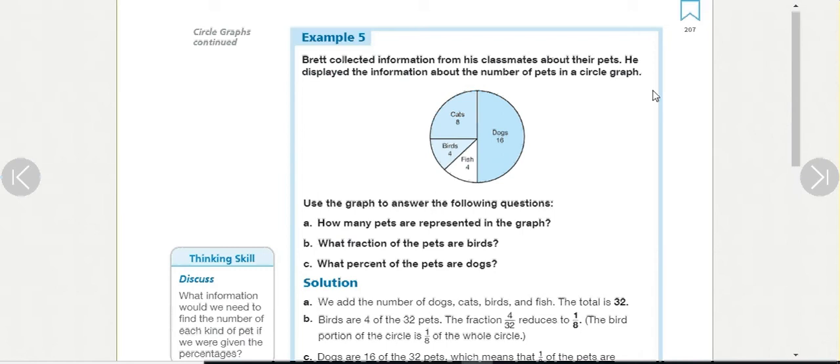How many pets are represented in all, says letter A here. You add up all the numbers, 16 plus 8 plus 4 plus 4, that should give you how many total pets, right? So that's 32. Important for B and C, what fraction are birds? In this case, we're going to take then